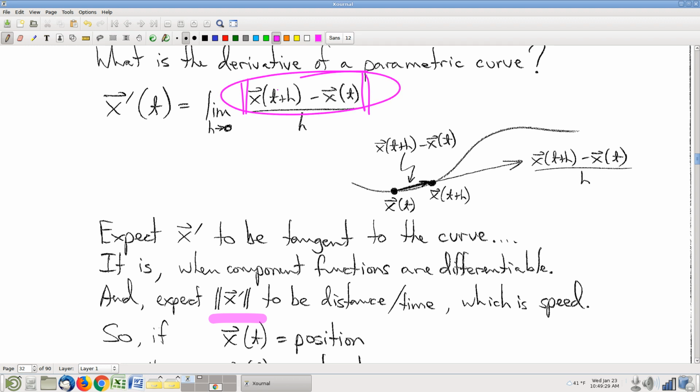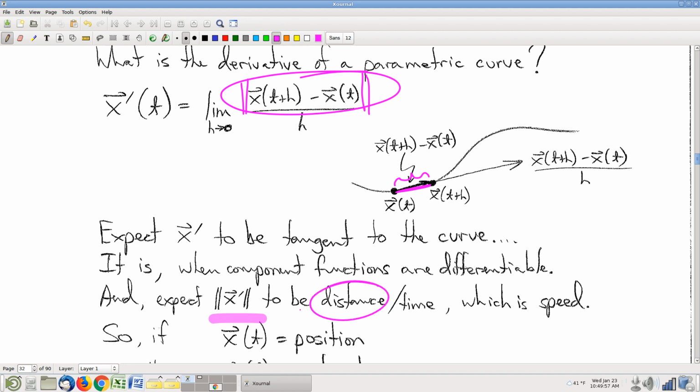The magnitude of that difference is a distance. It's the distance between those 2 points. Which, by the way, is the distance as the crow flies, right? It's not technically the distance along the curve, but if this is a smooth curve and as h approaches 0, we can think of this as pretty much the same as the distance traveled along the curve. Right? So